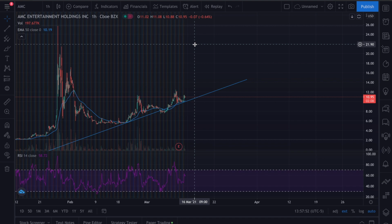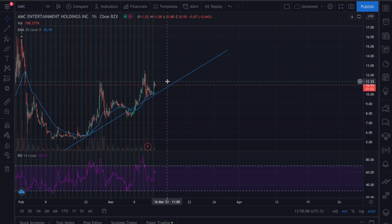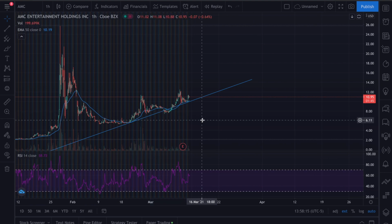So AMC has been trending upwards for the past few weeks, and today, at least based off the 1 hour chart, we can see this big candlestick and the price jumped up from the $10 price point to over $11.30, and right now we're hovering around the $10.95 mark. It currently is the end of the week, so once this day passes, the market's going to close. Depending on how next week happens, we'll wait and see, but for now, it looks like AMC is